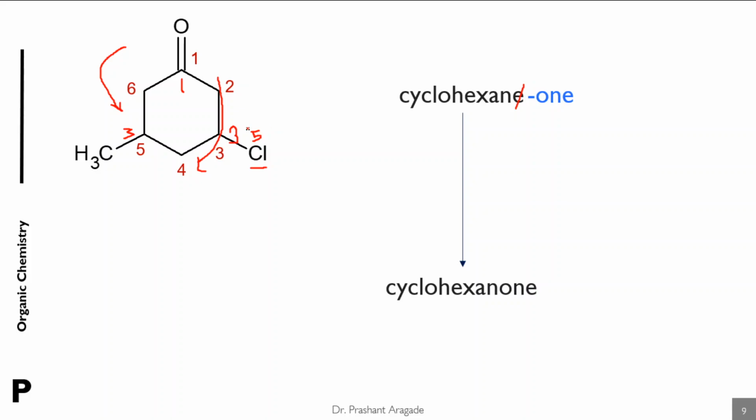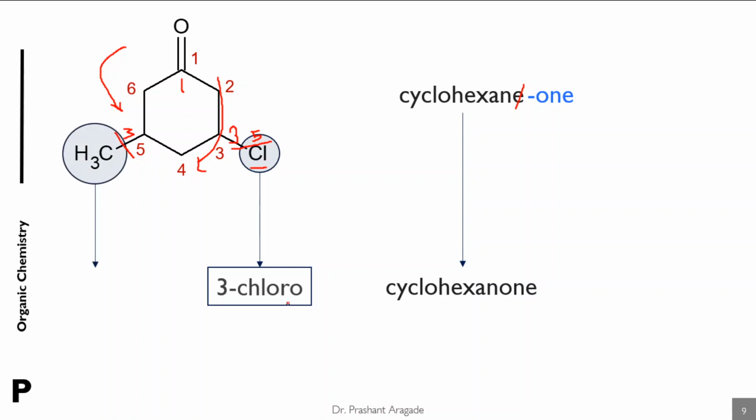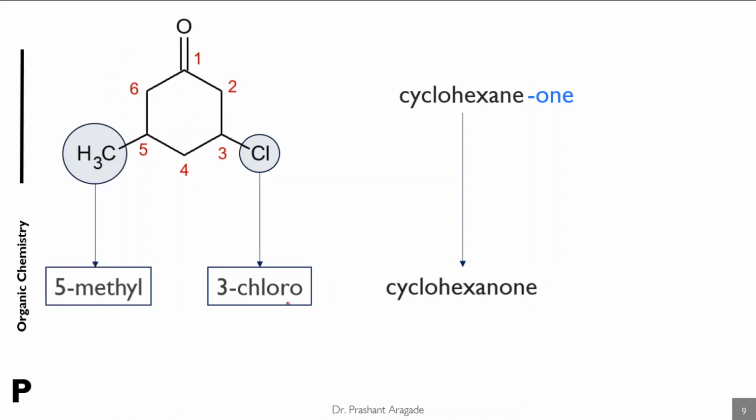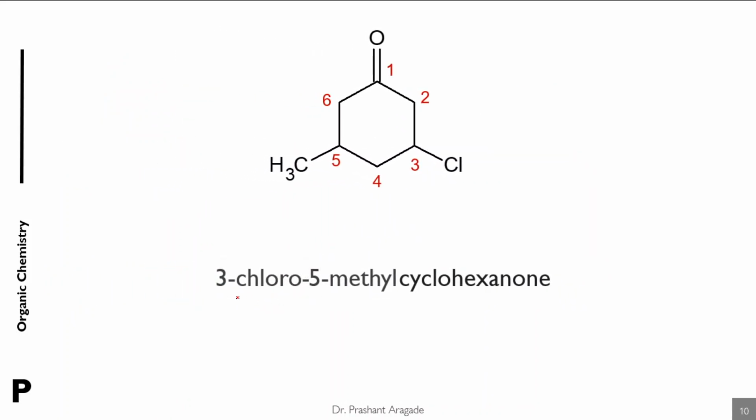So now you have to arrange the substituents as per their alphabets, because if you follow both directions, both are getting the symmetrical numbers. So if such a situation occurs, then you have to arrange the substituents according to the alphabet and give the preference to the substituents which comes first. So in that example, chlorine comes first, so follow the clockwise direction for numbering. So 3-chloro and 5-methyl. So name of this compound is 3-chloro 5-methyl cyclohexanone.